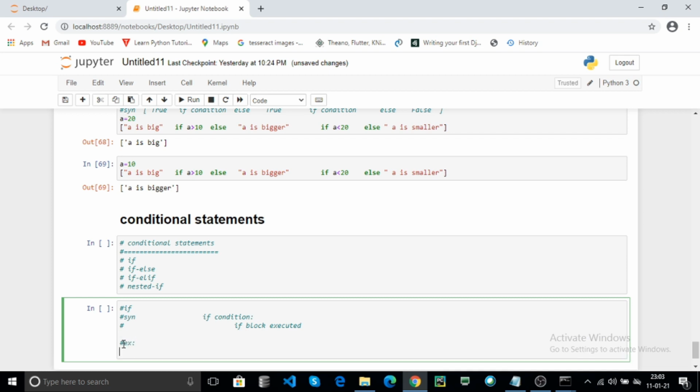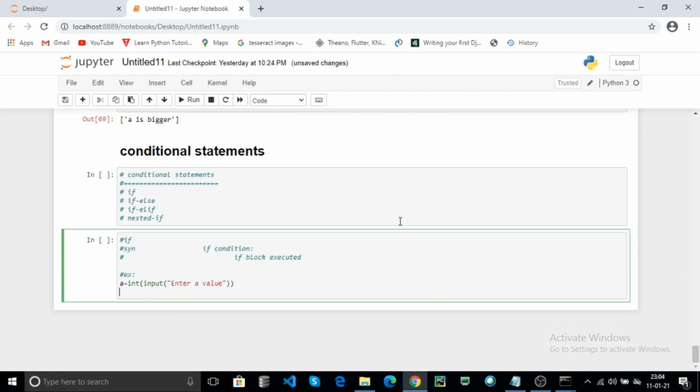Example: a equal to 20. If you want to take the input in a dynamic way, the value will be assigned to a at runtime.